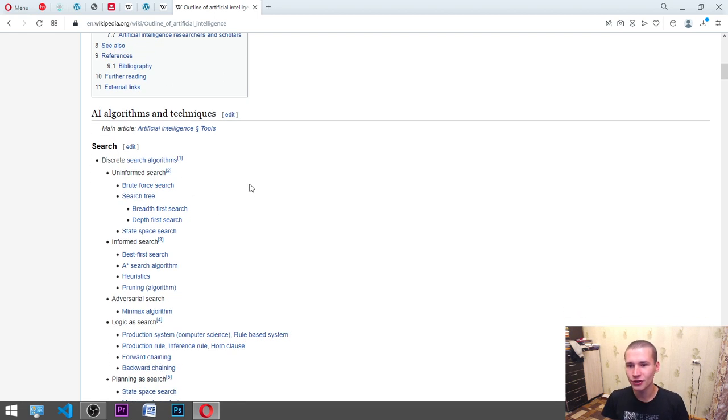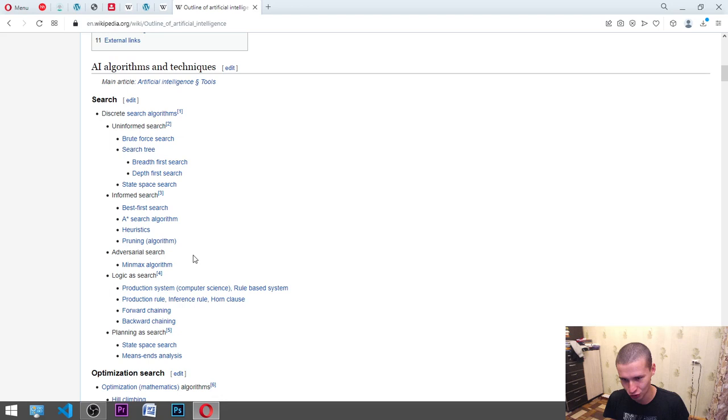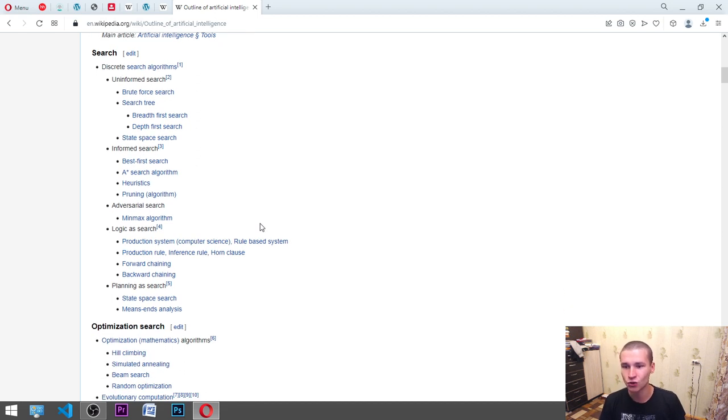Tools. Search. Discrete search algorithms. Uniform search. Brute force search. Search tree. Breadth first search. Depth first search. State space search. Informed search. Best first search. A-star search algorithm, heuristics, pruning algorithm, adversarial search, min-max algorithm, logic as search, production system, computer science,